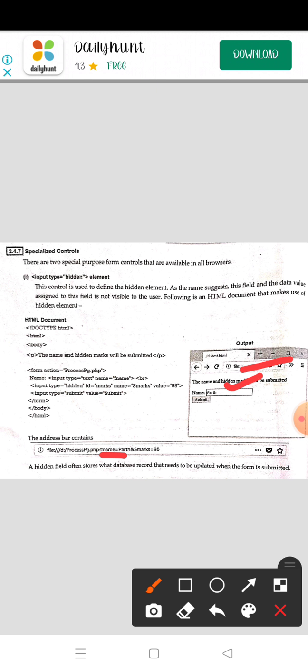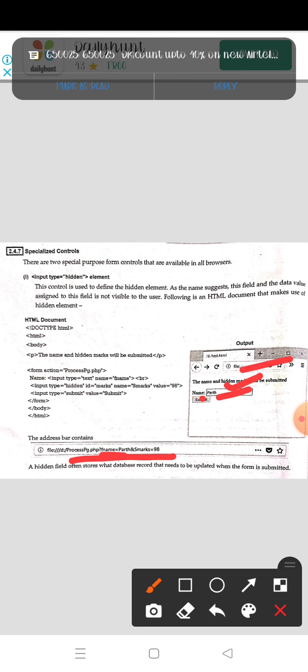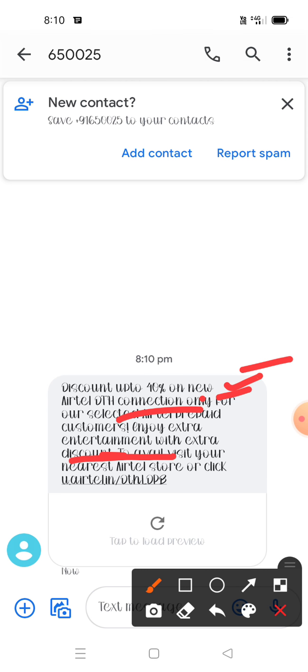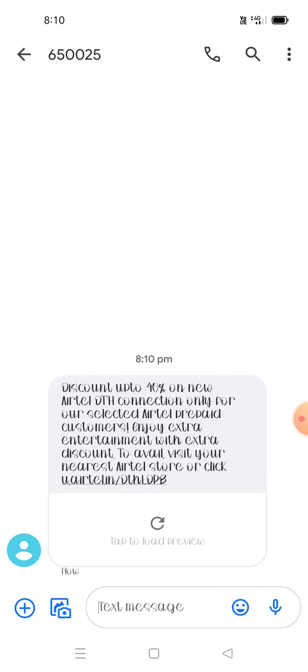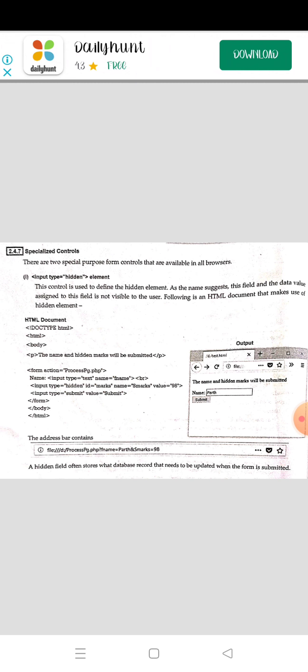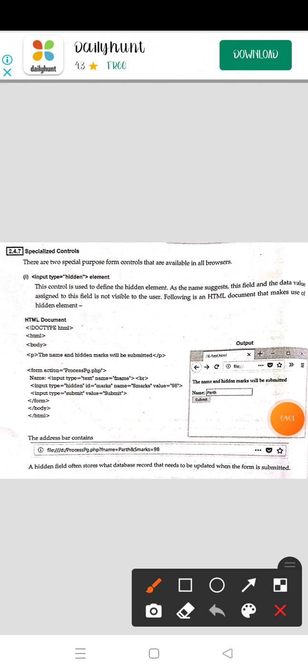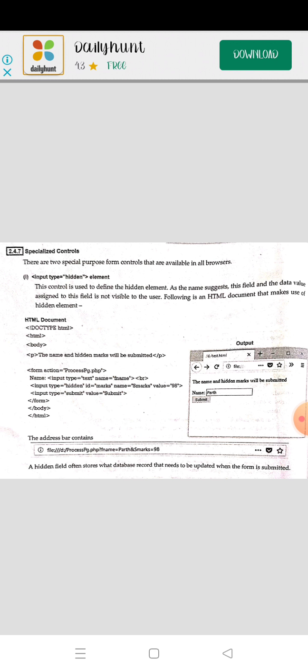So if you click on submit, in the address bar you get the file process pg.php, then fname is equal to the name you gave, and smarks is equal to 98. This is the hidden element. A hidden field often stores database records that need to be uploaded when the form is submitted.